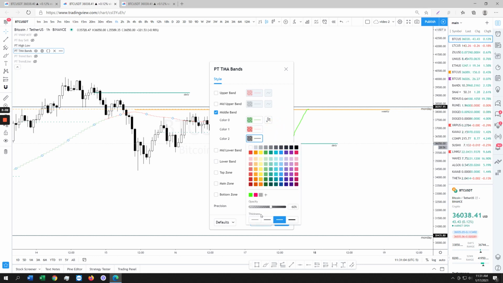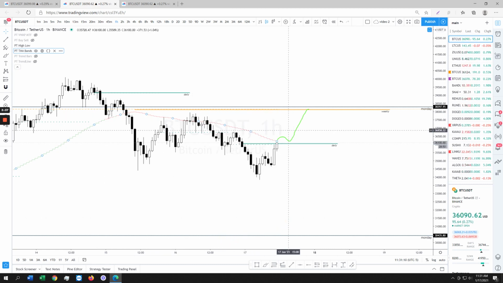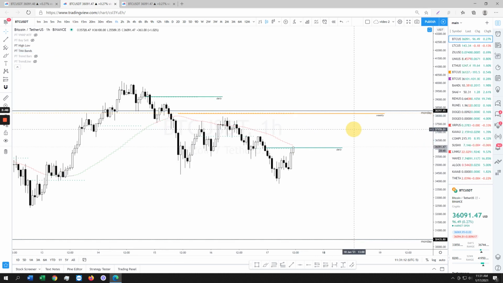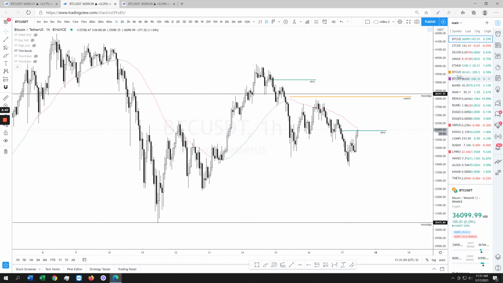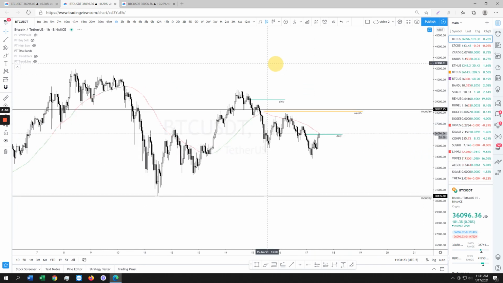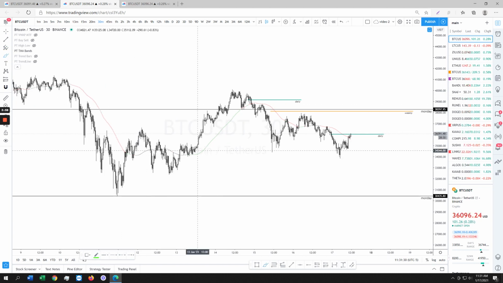So all you need is a mid. If you really need the assistance with the levels, then you can have the upper and the lowers, but mid is really all you need to make a decision if we're bearish or bullish. Now, look at your 1 hour TMA. Let me close this indicator, because we have everything already listed. Look at your 1 hour TMA band and tell me that just by visually looking at even the 30 minute, you won't be able to make a decision if we're bearish or bullish, right? We're under it, we get above it. Whenever you consolidate under or above it, you're always going to break into that direction. It's happened many times.